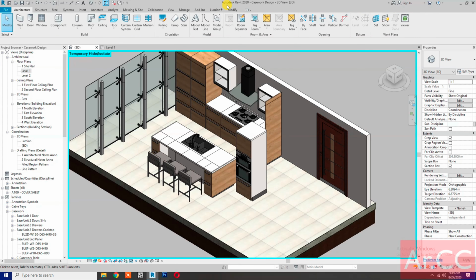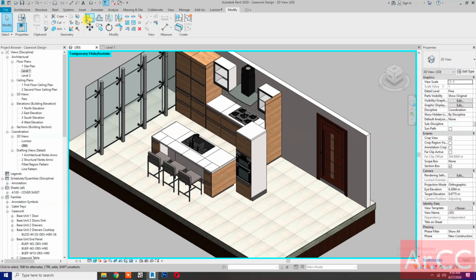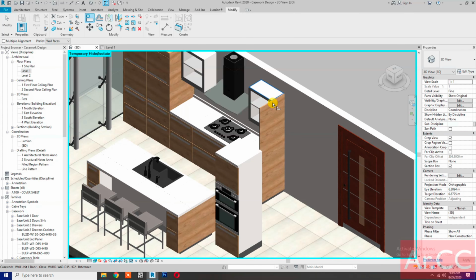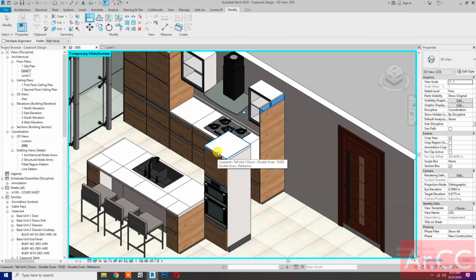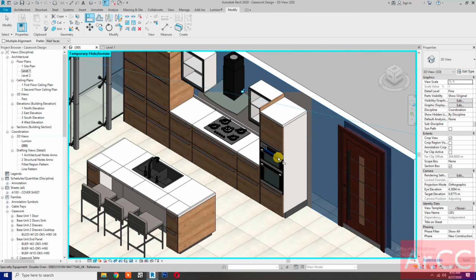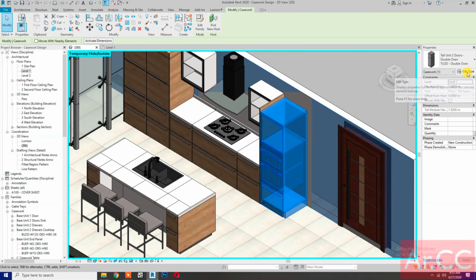Okay, align, go to modify, select align, select this side surface, select this surface, then select the wall surface and select this surface. Okay, select the unit, go to edit type,